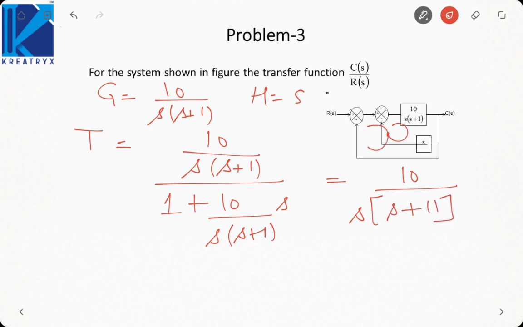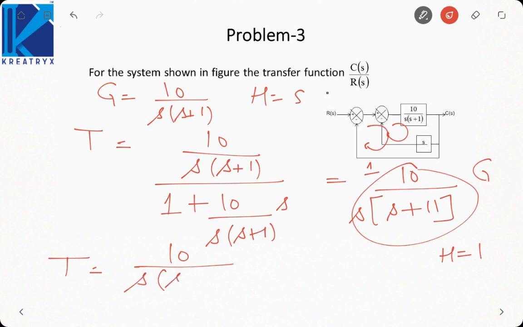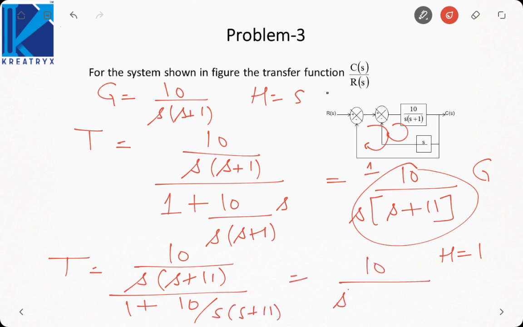Now this would be in feedback loop with this one path. Now this would become my G, and H would be 1. It will be unity feedback. So the transfer function would be 10 upon s plus 11, over 1 plus 10 upon s plus 11. So it would be 10 upon s square plus 11s plus 10. Okay. This would be my entire transfer function of this block. So here two feedback loops are given. Whenever such a feedback structure is given, first simplify the inner loop, and only then simplify the outer loop.